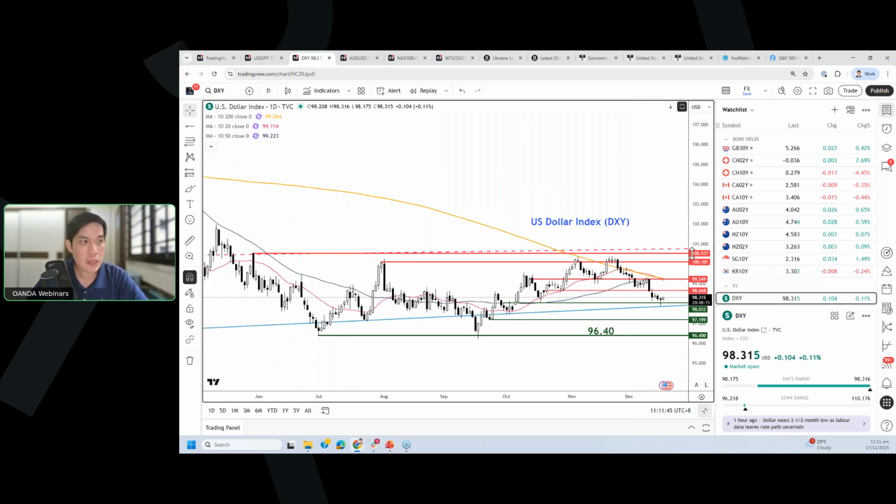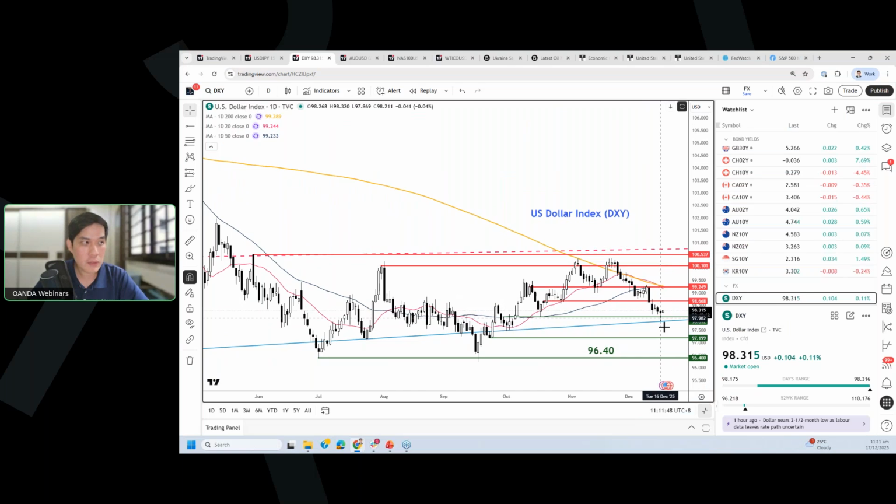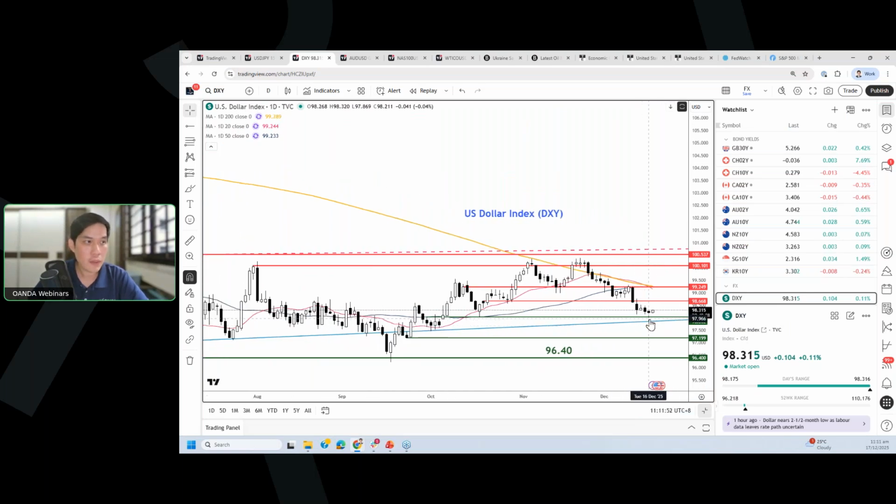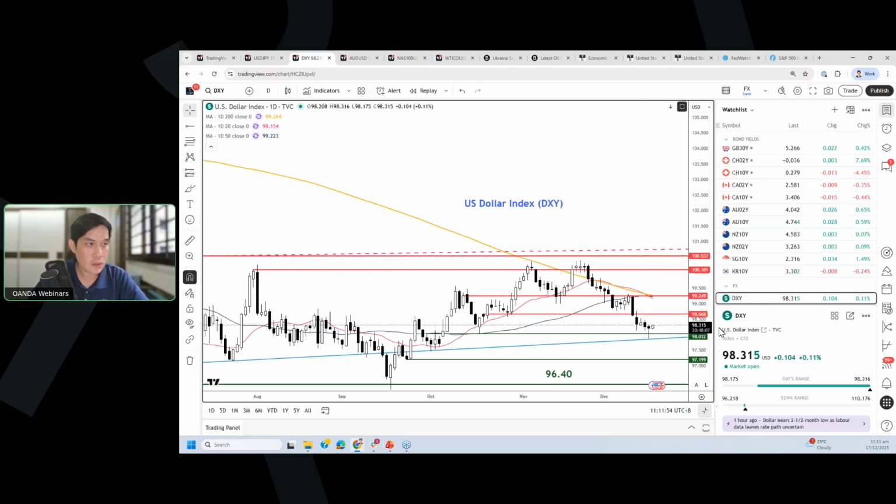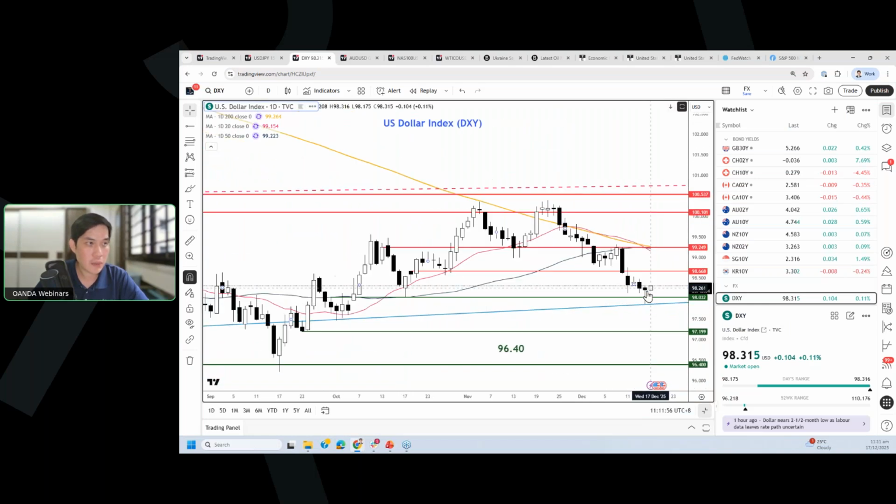So what you could see over here is that it hit our support level, which is the middle part of the range at 98.03, and formed a bullish hammer candlestick. All right, I could see over here there's a bullish hammer candlestick. So all in all, what it means is that today there will be another risk event. Later I'll show you what the risk events to look out for today are. There could be some kind of mean reversion bounce to actually retest back around the 98.66 to 99.25 level, which is also the 20-day and 50-day at the intersection of the 200-day moving average.